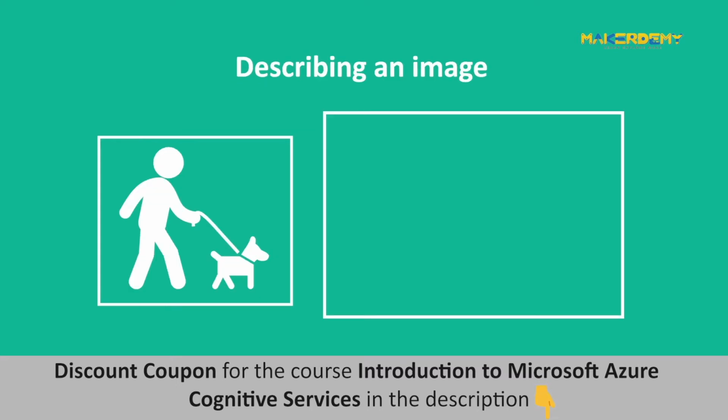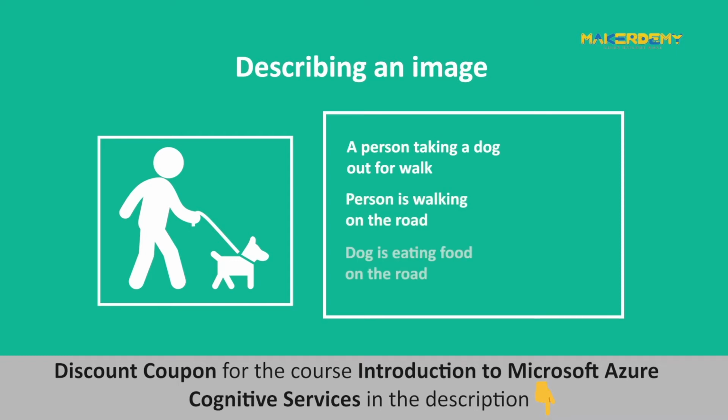Describing an image. The API first analyzes an image and evaluates the objects that are detected. It then generates a human-readable phrase that can describe the detected parts in the image. Depending on the contents detected, the service may return multiple results or phrases. Each returned phrase also has an associated confidence score that indicates how confident the algorithm is in the output description. The highest confidence phrases will be listed first.